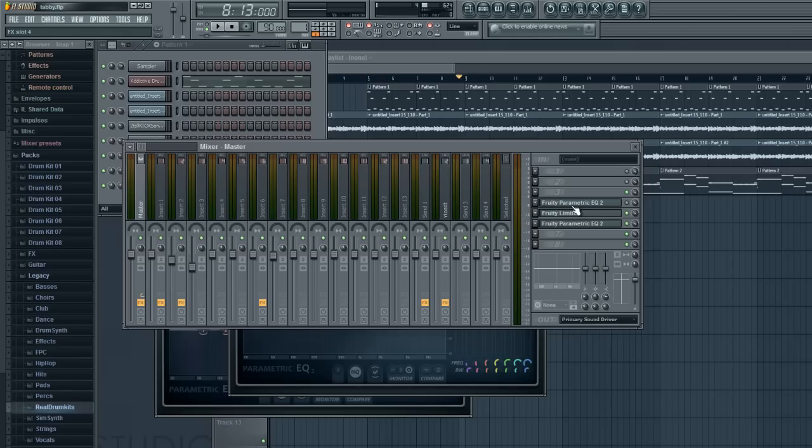What that EQ is doing is it's EQing the reverb also. So if you put the EQ before the reverb, the EQ is going to EQ that sound before the reverb hits. So it's going to use less CPU usage because it's not going to have to work around all that reverb sound. It's going to be working with the flat sound that you want, and then afterwards the reverb is